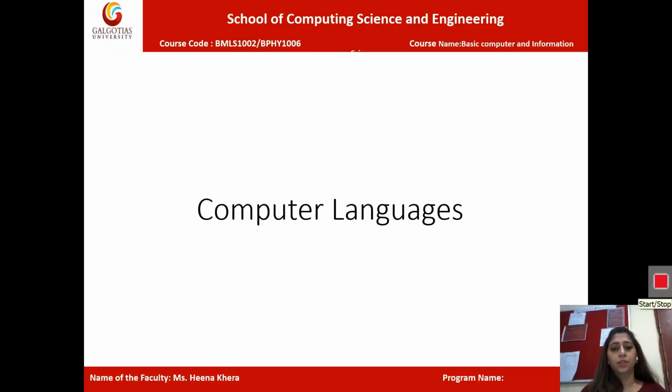Good morning, class. In the previous lecture, we started talking about the generations of computers. We got to know how instructions are given, and I gave you a slight preview of how we used to have single instructions one at a time, and then moved on to batch instructions. Today we're going to understand the languages through which we interact with computers.